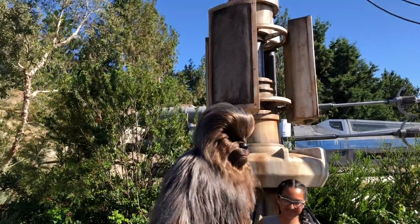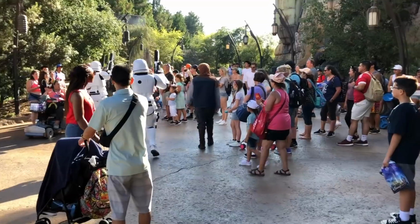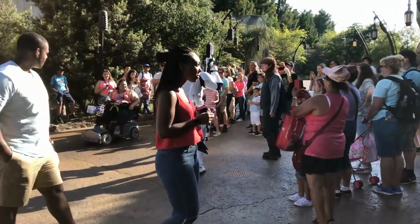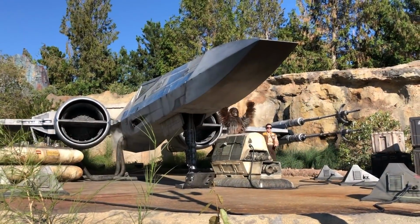So the land overall is really detailed. If you're a Star Wars fan, there's nothing that's going to beat it. And honestly, for a lot of people, it's the best new land in the Disney parks. So if you're not so into Star Wars, you might be feeling a little bit underwhelmed, though you probably will